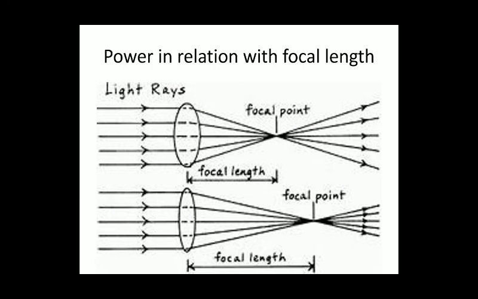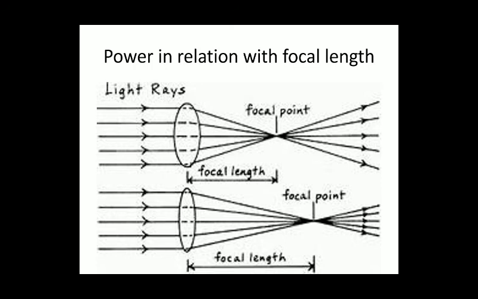Try to observe this second one. First one, thicker lens, second thin, the same thing. In the thicker one, focal length is less compared with the second case. And what you are observing, parallel rays are coming in both the cases. In both the cases, rays are converging at focus, but in the thick lens, the focus is closer, so they are bending more quickly. Their ability to converge the rays is more, but in the second, the focal point is far away.